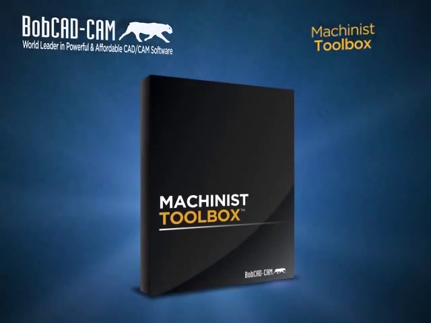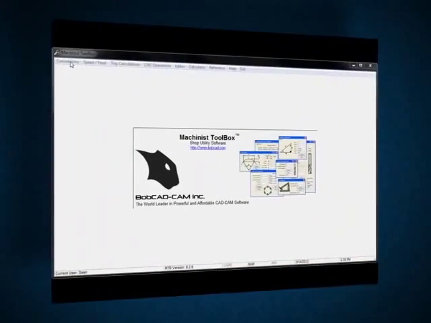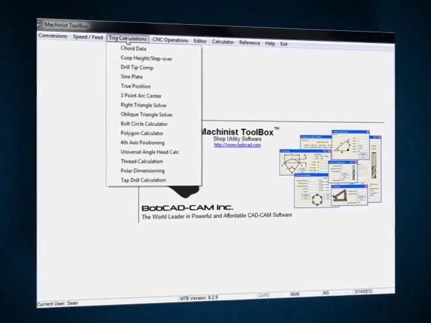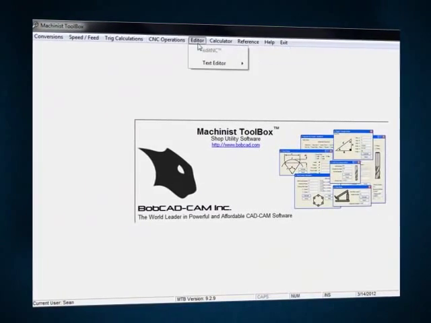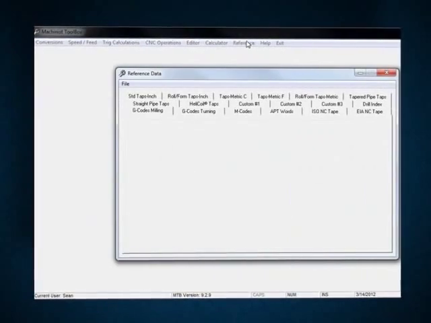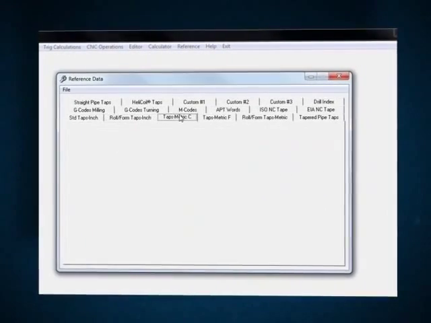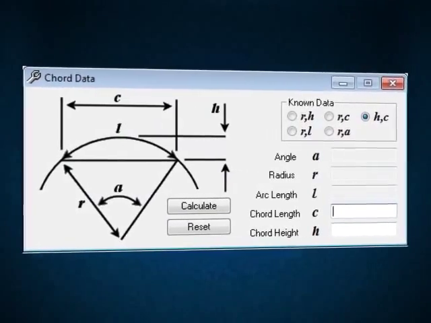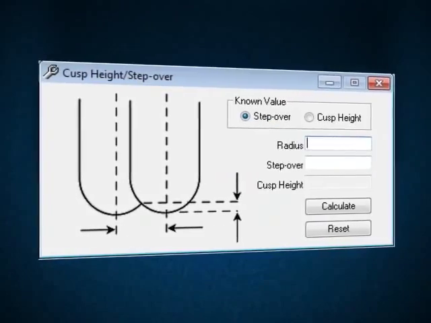The Machinist ToolBox is a powerful utility. It contains a set of calculators designed specifically for machinists. The software consists of many calculators which make finding complex numbers simple. The Machinist ToolBox calculators are graphically illustrated for calculating complex trig functions such as chord data, cusp height and step